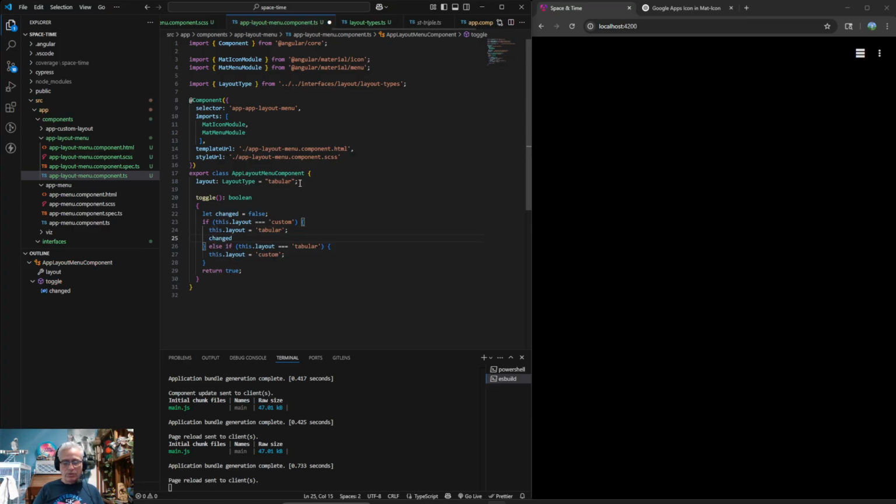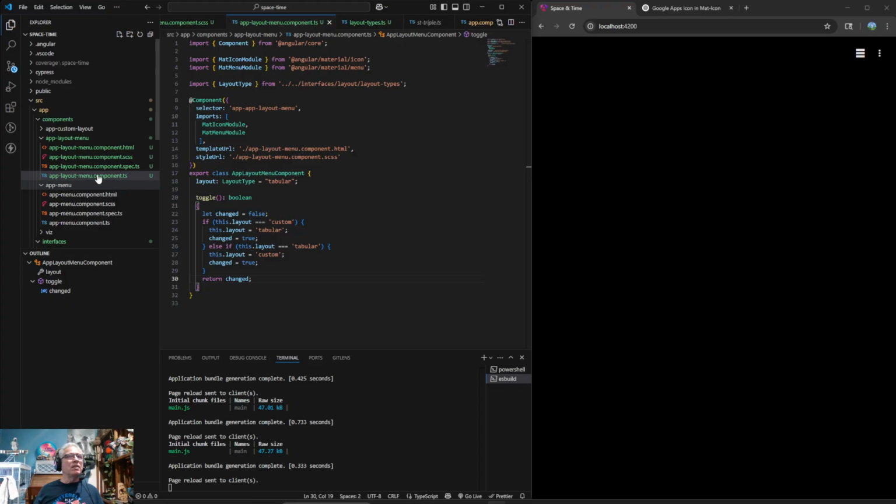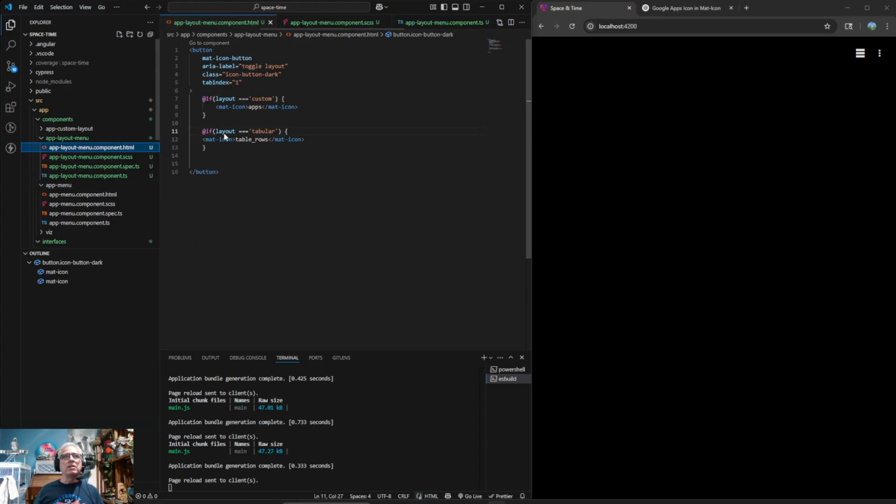Changed is equal to true. So basically, if something comes through here that isn't tabular or custom, then I guess we'll return false. Nothing changed, it just stayed. And basically, in either case, so for this button,